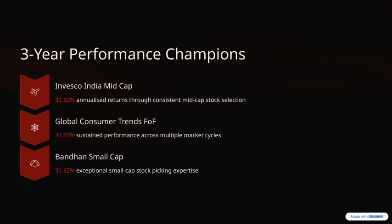And finally, we have the Bandhan Small Cap Fund, which has achieved 31.32%. Their strength lies in exceptional small-cap stock picking, highlighting their expertise in identifying promising small companies before they become mainstream winners. These funds exemplify the core theme of our presentation: consistent, skillful management that delivers strong, reliable performance over time, regardless of market